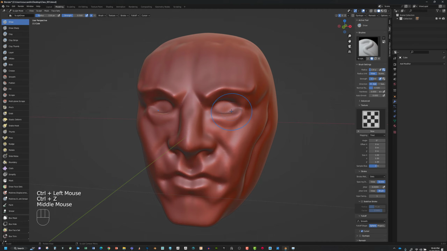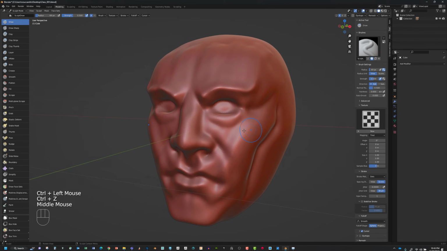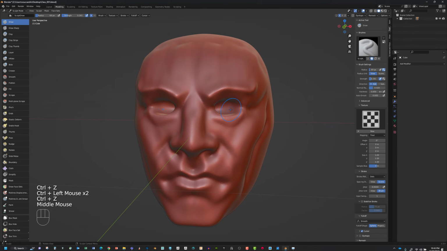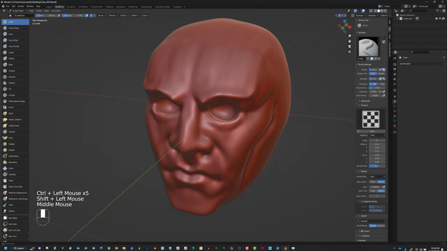Okay, yeah. So that's what I was hoping with this draw tool. I'll just right click on there and control the strength. I just want to dig a hole out of there, and then I'm going to show you how we can add a sphere to the model for eye shapes. So I'm just going to smooth this out,